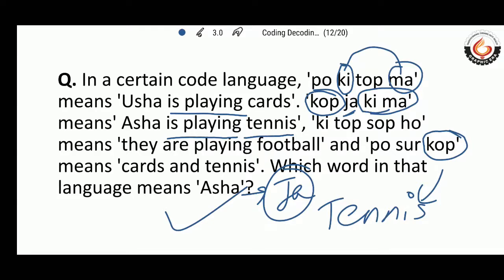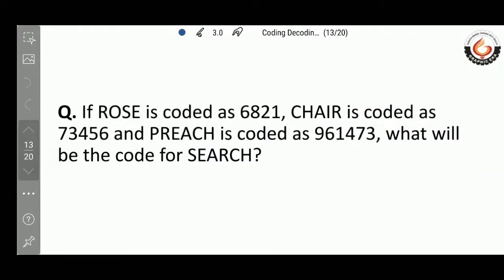This is coding by fictional language. This is how we solve coding by fictional language. Next, if ROSE is coded as 6821, CHAIR is coded as 73456, and PREACH is coded as 961473, what will be the code for SEARCH? It is the same, coding by analogy. We'll be coding for SEARCH, that is